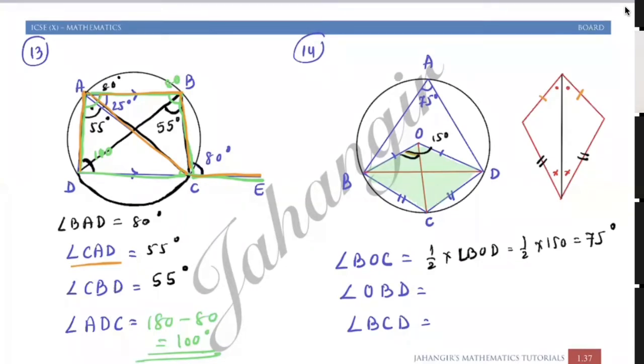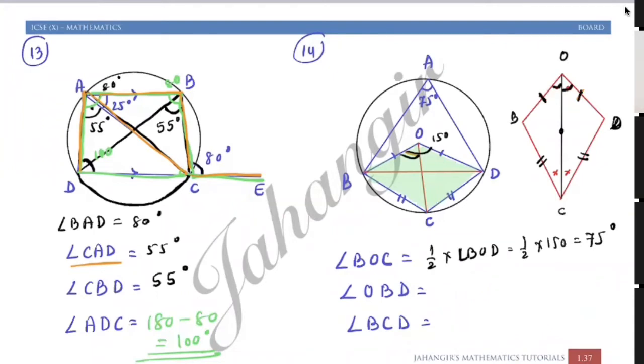Even you can prove by congruency also. If you want, you can prove by congruency. देखो, if you take angle OBCD, so let's say this side is equal to this. ये common by side both triangle becomes congruent. So by CPCT we can say angle BOC is equal to angle DOC. That means it is dividing BOD into equal half. You can do it by congruency also.